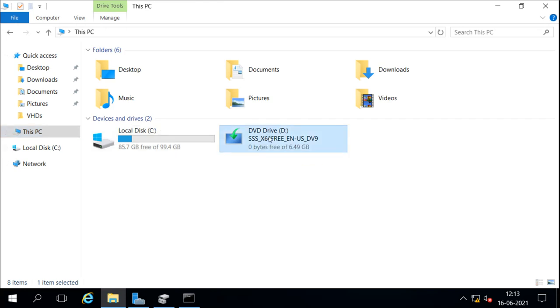Right now in my physical drive I have a DVD of the installation media of Server 2016. This Server 2016 actually has four editions: standard edition in core and graphical, then datacenter edition in core and graphical.